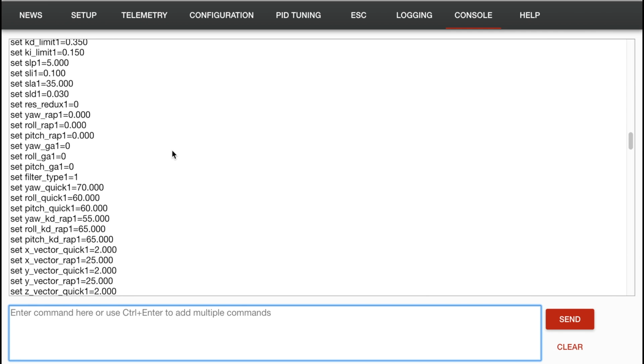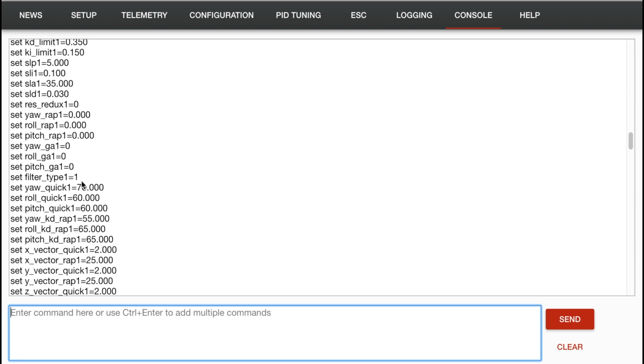So, filter type 1 equals 1. That basically means that I am not using the filters that you just saw. Yours probably says set filter_type 1 equals 0, which means you're using the filters in the PID tuning tab. If you change it to set filter_type 1 equals 1, you're going to be using a different kind of filter,